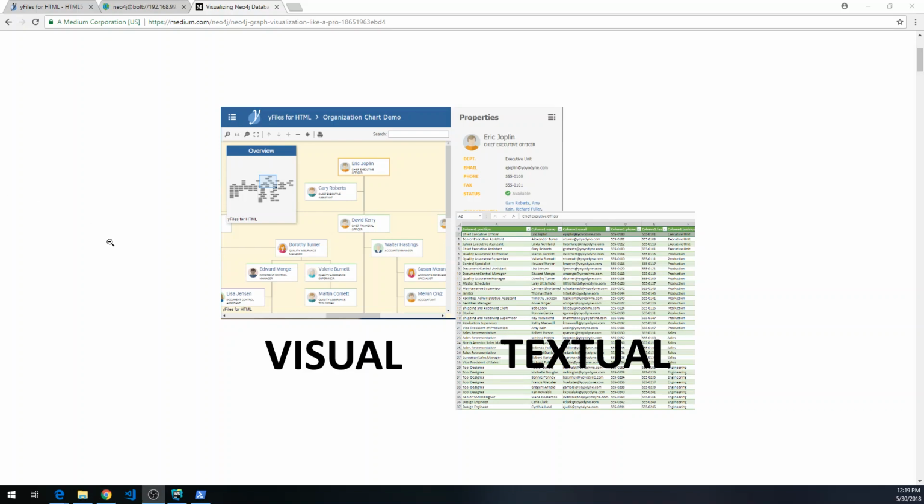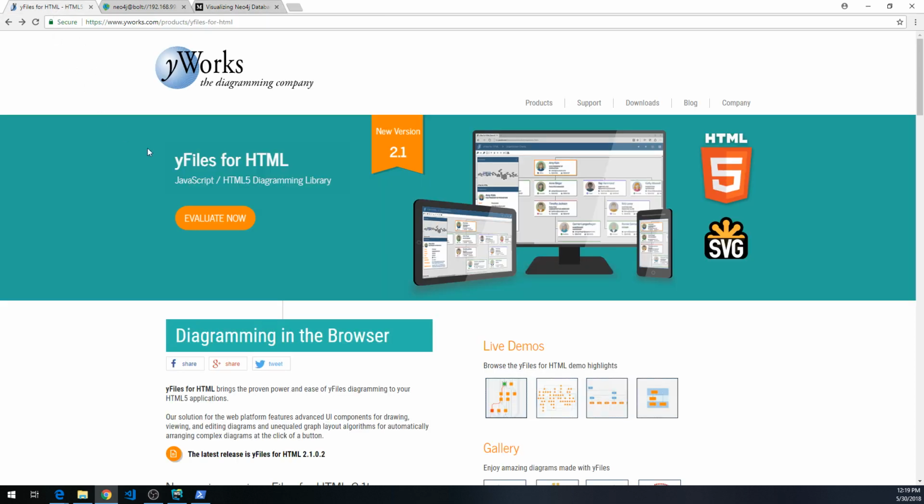Hello everyone and welcome to this podcast in which I'll be showing you how to visualize the data stored in your database, not in a textual but in a visual manner, to make it more accessible to your users in your very own custom web application. For this I'm going to use yFiles for HTML, a JavaScript HTML5 diagramming library for the web,